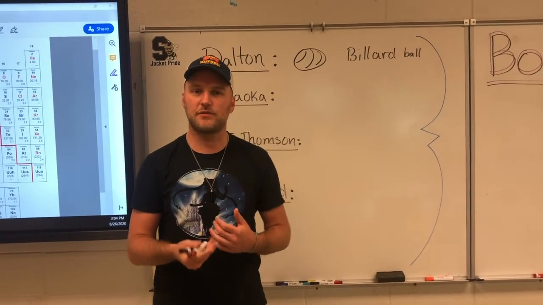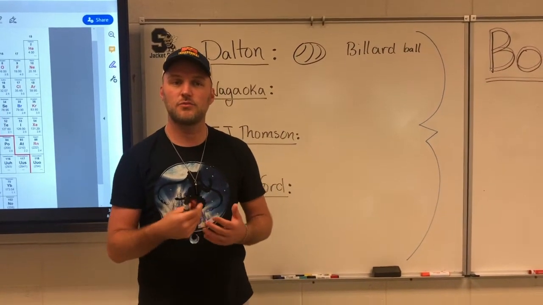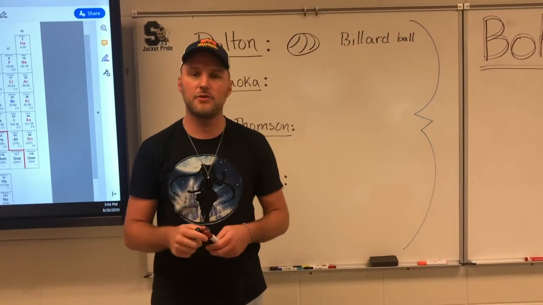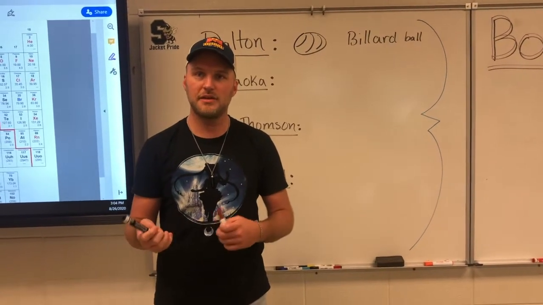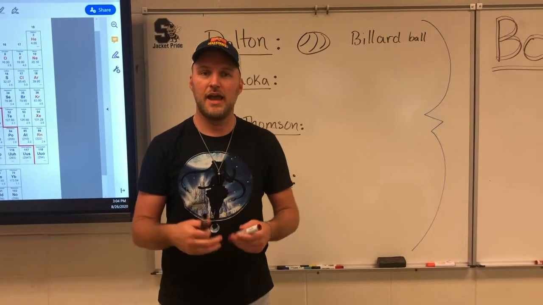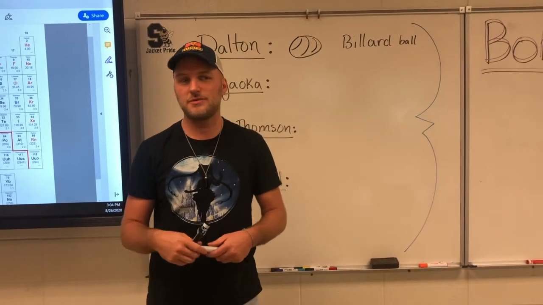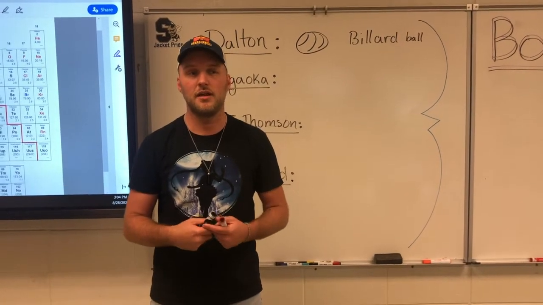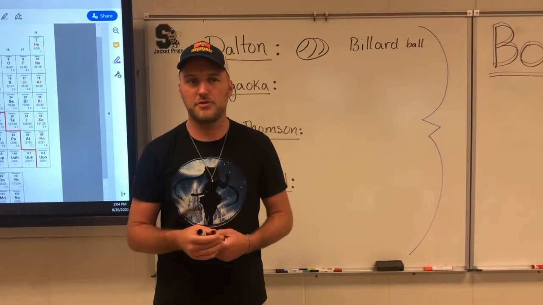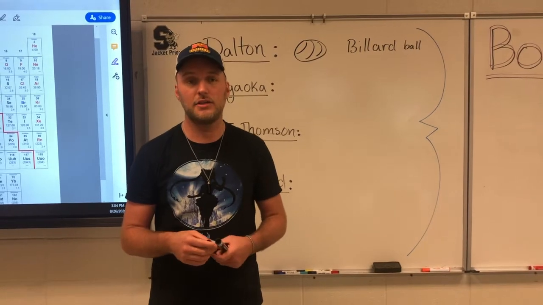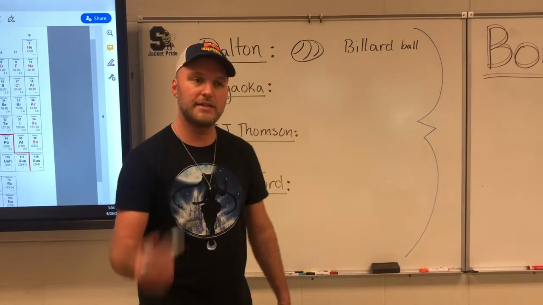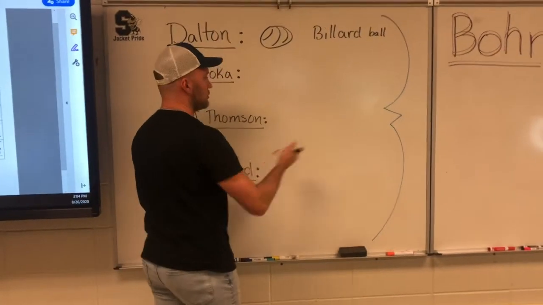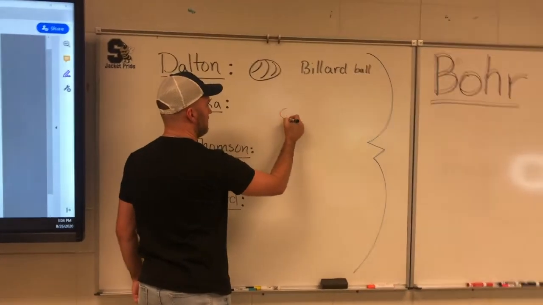Nagaoka was a Japanese philosopher and scientist, and he had an early planetary model. It was actually really good. His model was widely overlooked, not because of its flaws, but because at the time, unlike now, Japan was not considered at the forefront of science, and the Western scientific community largely ignored his proposed idea, though it had many good characteristics. By planetary model, what we mean is that he placed a positively charged core at the center of his atom,